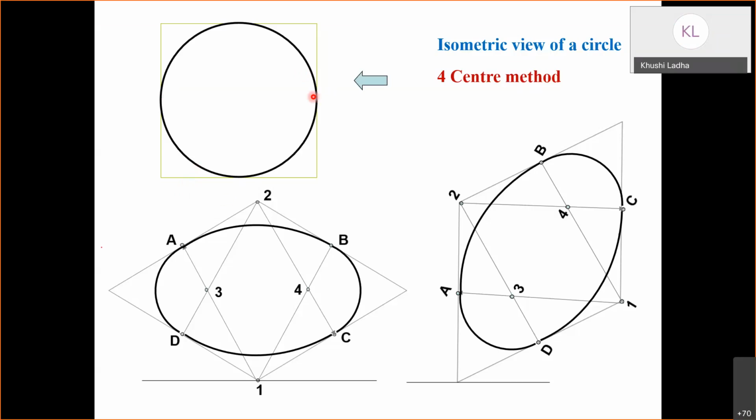Sir, for making that ellipse, how did we know what angles we have to take and the length of the side? See, this thing remains the same. What I mean is this square that we have here becomes a rhombus here. In the slide, you might see that dimensions are a little bit changed. But in general, this square will look like a rhombus here. So the dimensions will be the same.